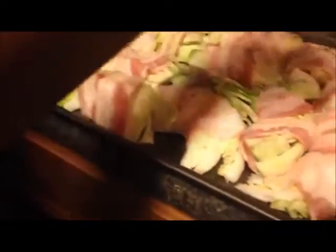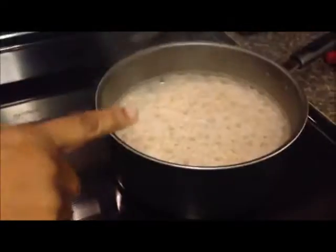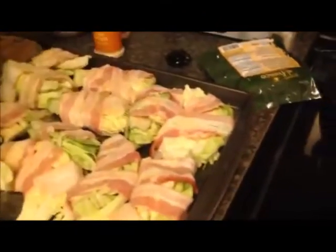cabbage steaks. And these are relatively small. If you keep your cabbage whole and slice it straight down, leaving the core in, you can make them larger. Now in this pot, I'm doing some brown rice, because I'm going to have brown rice, a chicken leg, and a cabbage steak with some sweet potatoes, and that's going to be my meal for lunch. Not dinner, because I'm normally cooking dinner pretty much every night, but I don't always get a chance